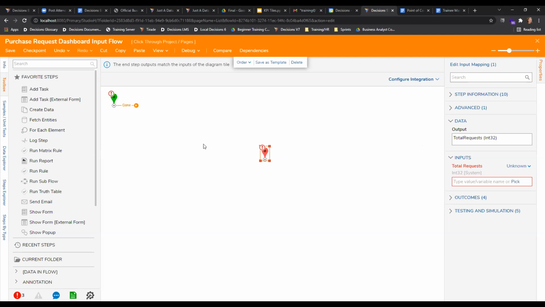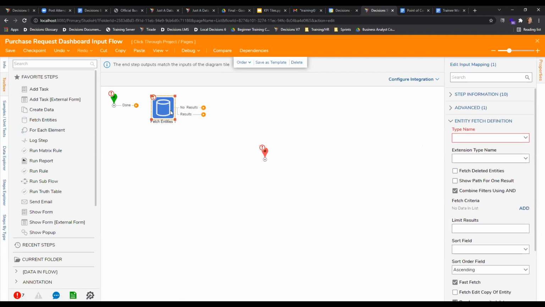So we're going to add some steps to our flow to come up with that number. There's a few different ways to do this. There's usually many ways to do something in Decisions. Both of the tiles that we're going to show you are actually pretty basic. They're pretty easy to generate. You can do it in one, maybe two steps for both of them. And we're going to show you two of the most common ways to come up with these figures in both of these tiles. So what we're going to do first is use everybody's favorite step, the